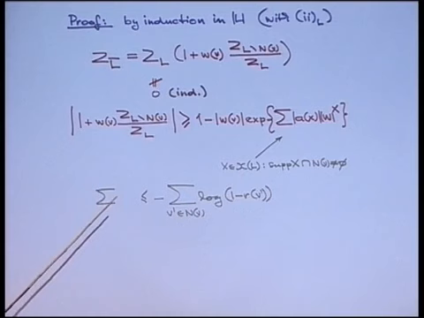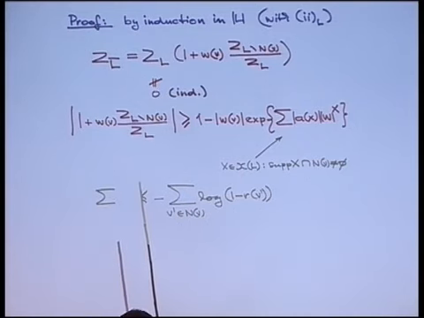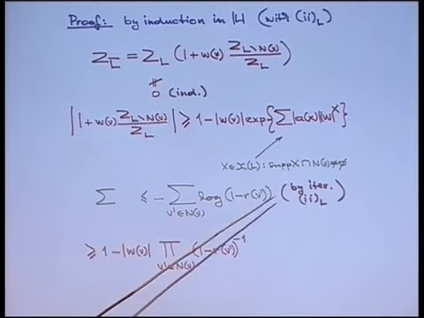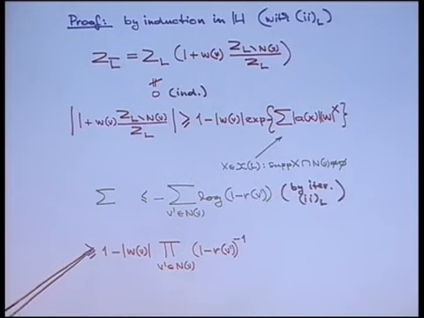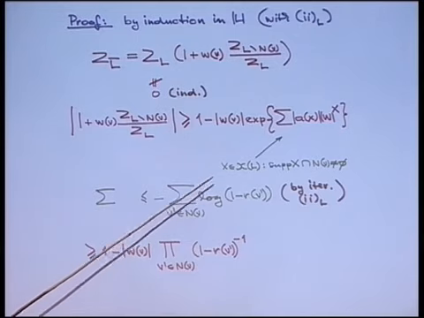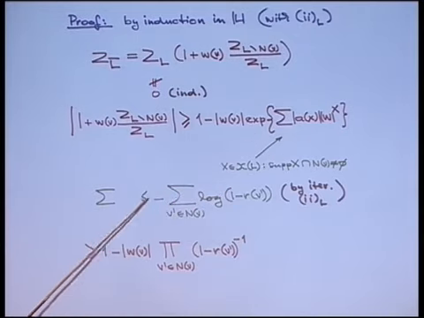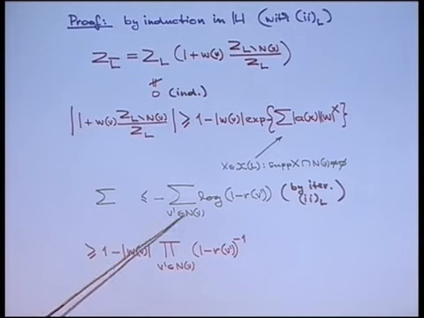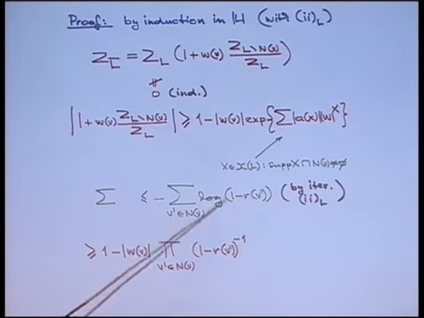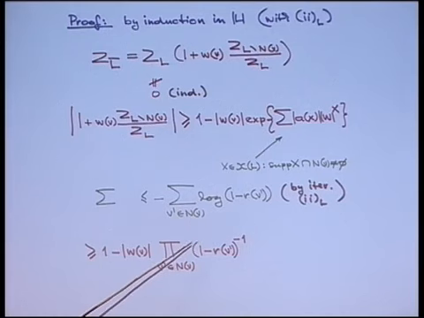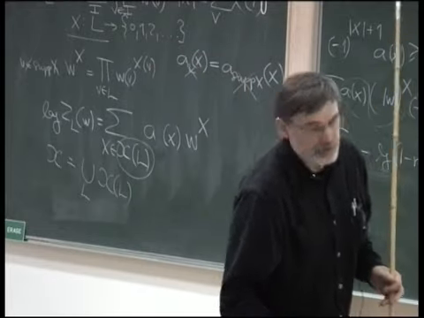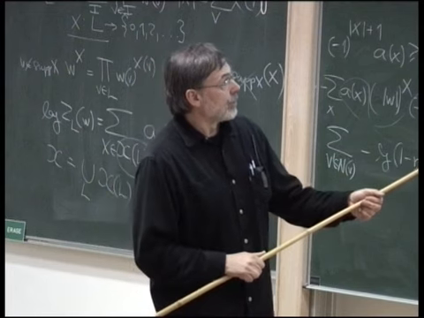I plugged it here, and what I'm getting, okay, I am getting this. So this is by iteration of this condition over there. So I'm getting what? 1 minus W, this is the bound for this sum upstairs, this minus logarithm. So I have e to minus logarithm, so it is a product, e to minus this sum. So it is simply the product, this guy over V prime in NV, of this guy to the power minus 1. Okay? Everybody agrees? And this is exactly my star condition, which was so strangely looking,